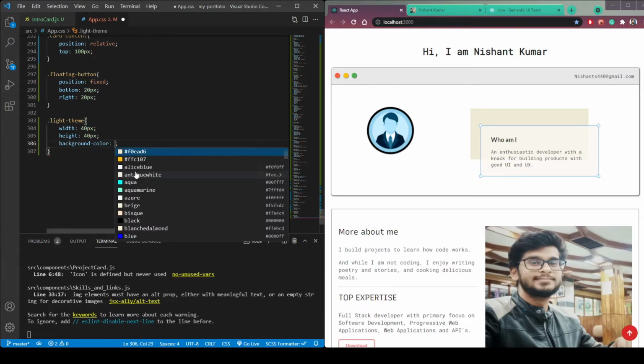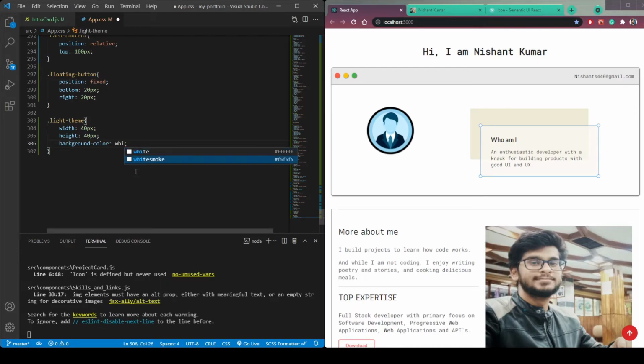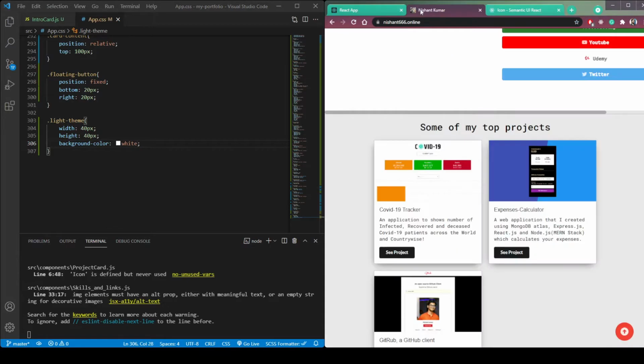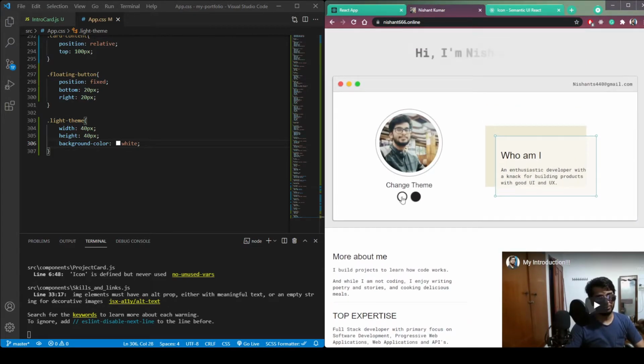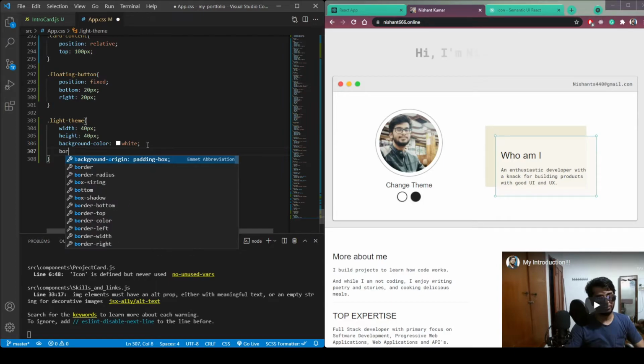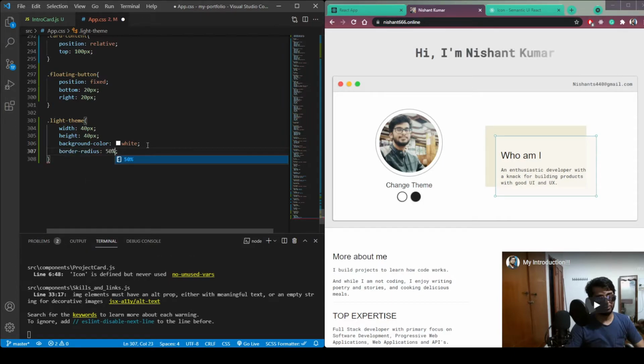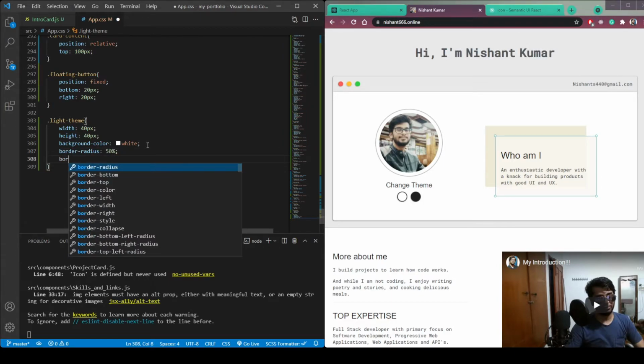Background color, let's use white smoke, or let's use white, not just white smoke, but it's not visible here, so let's check this color. Okay, the thing here is it has a background of black, so border radius make it 50%, and then border